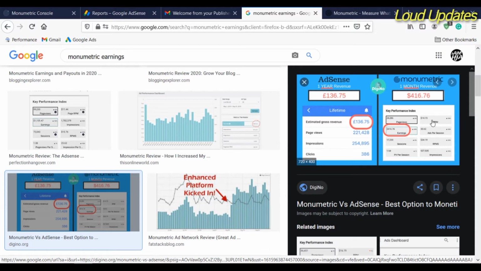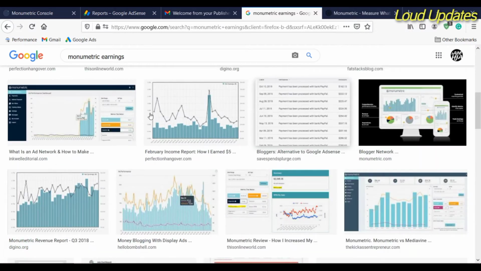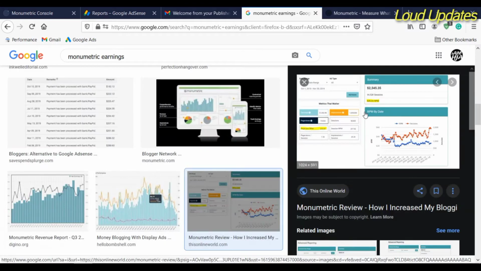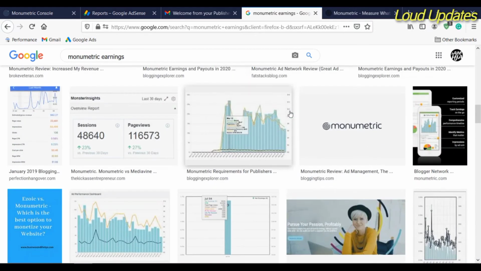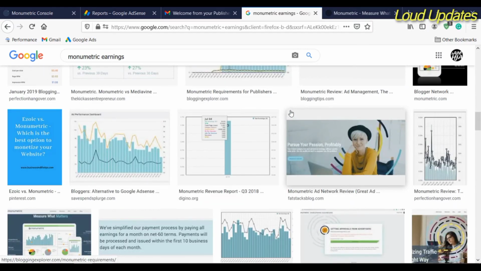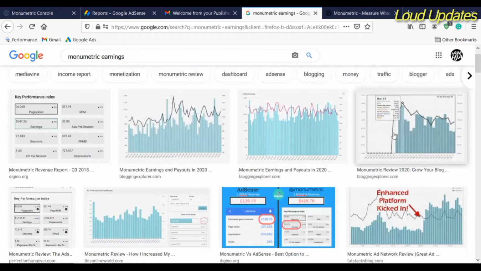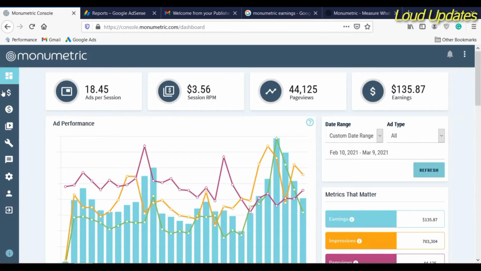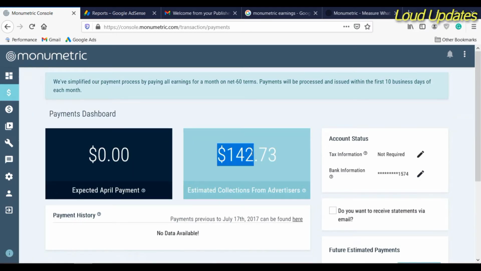Monometric gives you good money. Monometric is a premium ad network. Monometric gives you better earning than AdSense. Just join this premium network and earn double from your visitors. People always share their stats, and their earning is different. Here you can see I also share my earning,